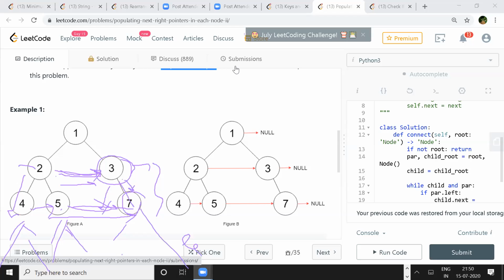Shashank, sorry, you can use that eraser. I'm sorry. Uday is saying, right?